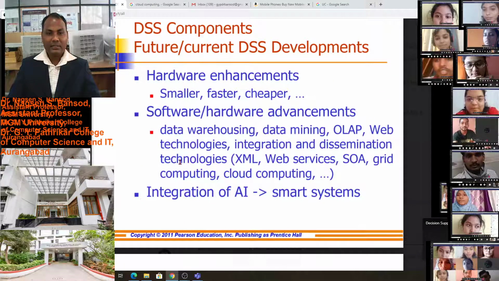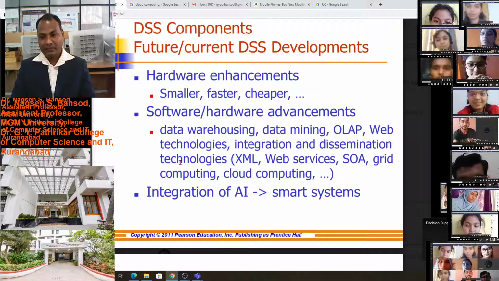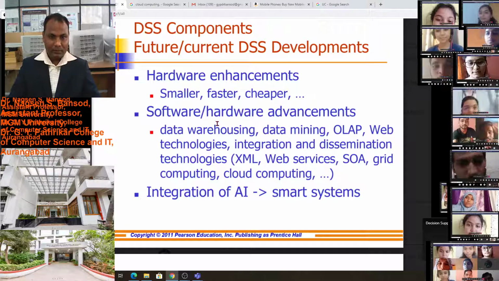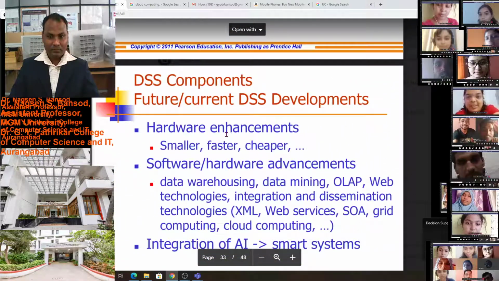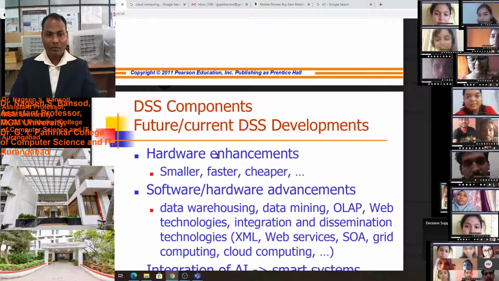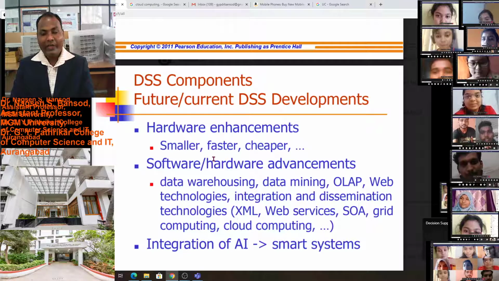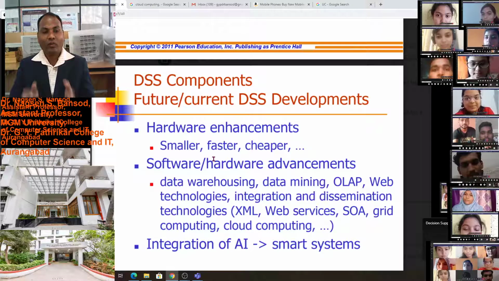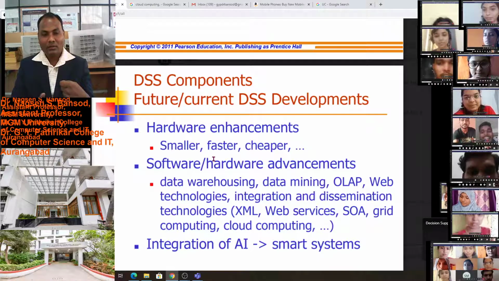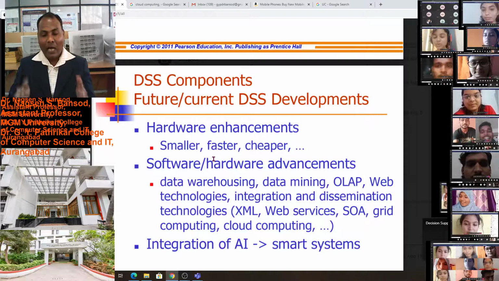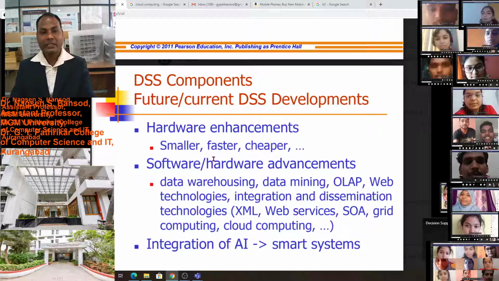Then the next one is future and current decision support system development. Future or current decision support system development: hardware enhancement, smaller, faster, and cheaper. What development is going on in current hardware, as well as what will happen in future to enhance the hardware?